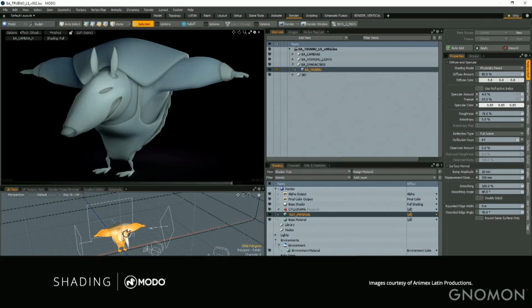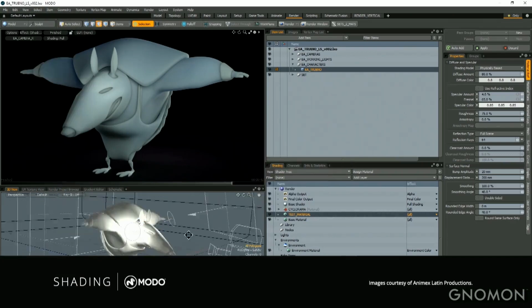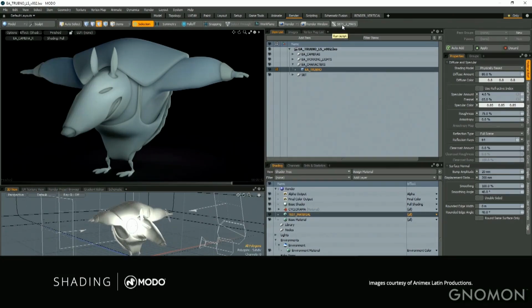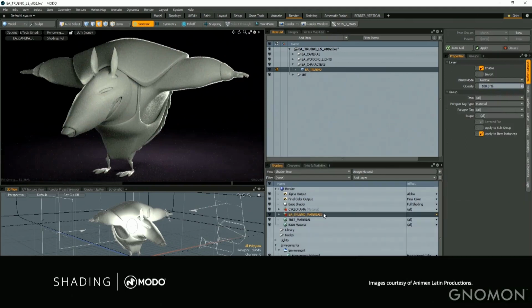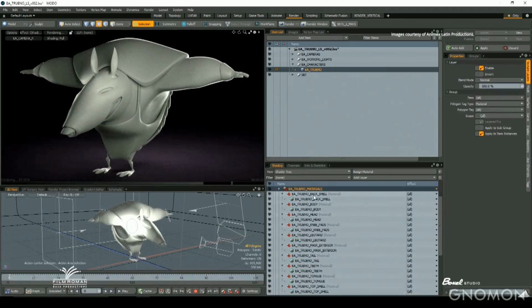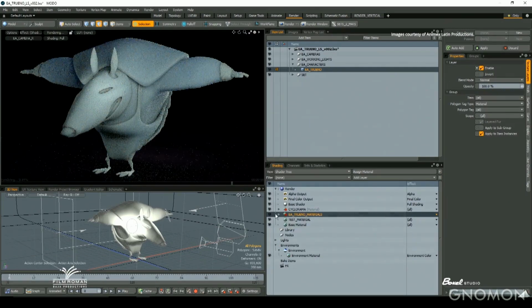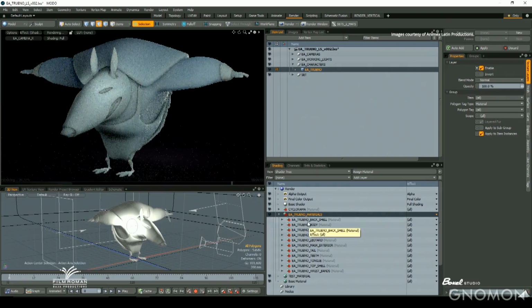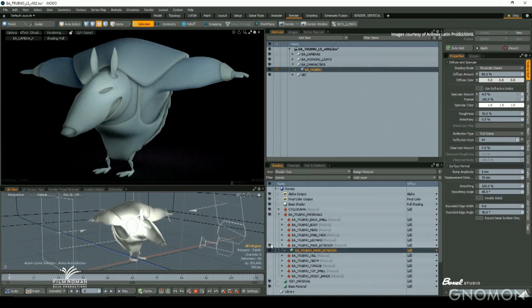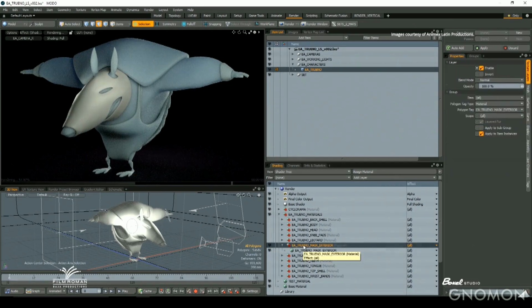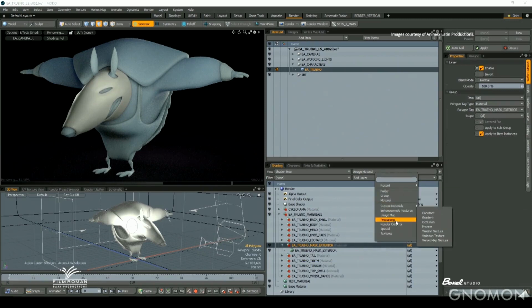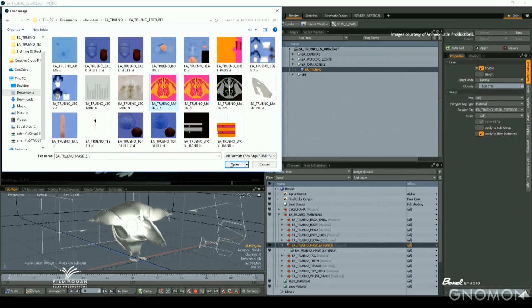We had much more time, which let us develop our internal pipeline. All the modelers, once they finish the model, assign selection sets: this part goes with this material, this part goes with other materials. We have an internal programmer who programmed a specific tool called Sets to Materials. Those selection sets are converted immediately, with just one click, into material groups, which makes it super easy for a shading artist to basically click and drag.